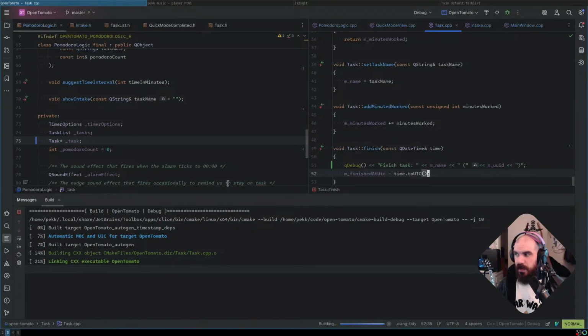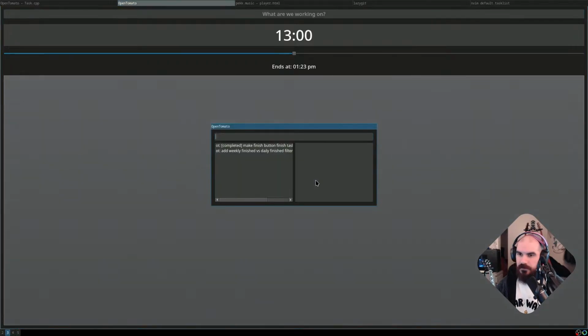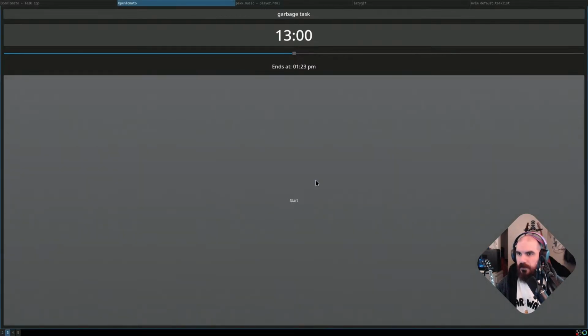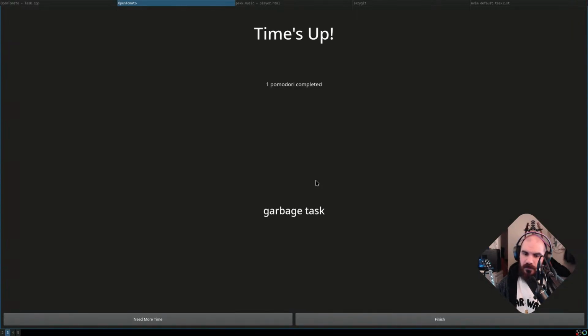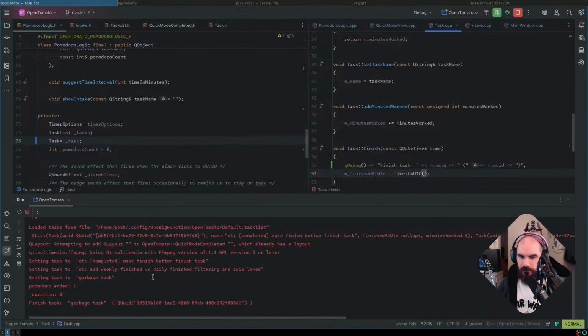But the other aspect of this is there's no file saving. There's no file saving tied into this, right? So we also have to make it save the file somehow. So let's go garbage task. Right. Start, stop, finish. Finish task, garbage task. Now, something else I should do too is maybe